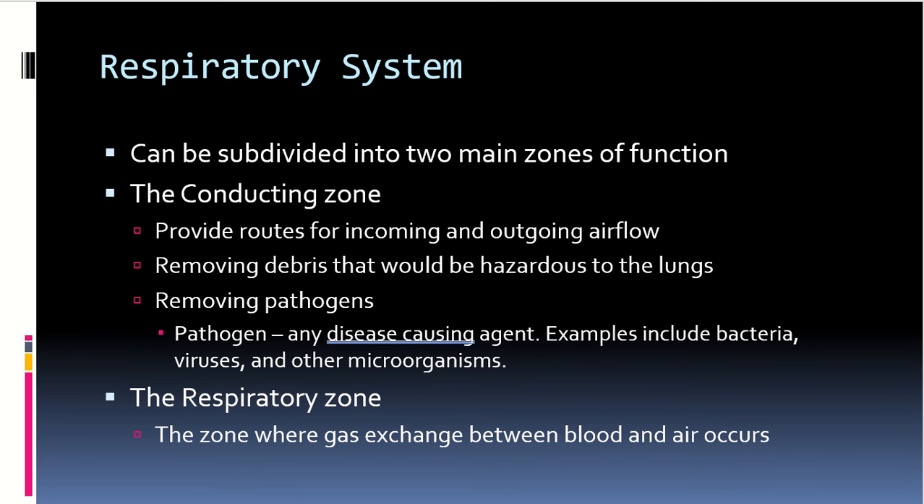Now, there are two main zones that the respiratory system can be broken up into. The conducting zone is essentially the pathway that air travels. It provides a route for air to come in or out, whether we're breathing in oxygen or exhaling carbon dioxide. It allows for the removal of debris that would be hazardous to our lungs. So the conducting zone kind of acts as a safeguard